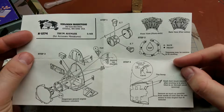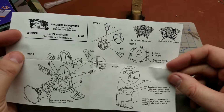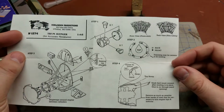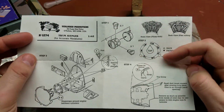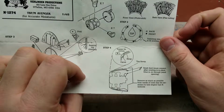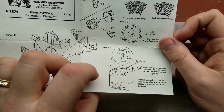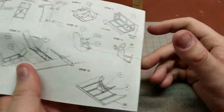Then we have the right engine, showing you a front and back view, showing you how the photo etch needs to get attached. And also talking about, for fitting of the cowling, you may need to trim off a little bit of the exhaust collectors there. So showing you again placement and location, showing you parts that need to be carved,